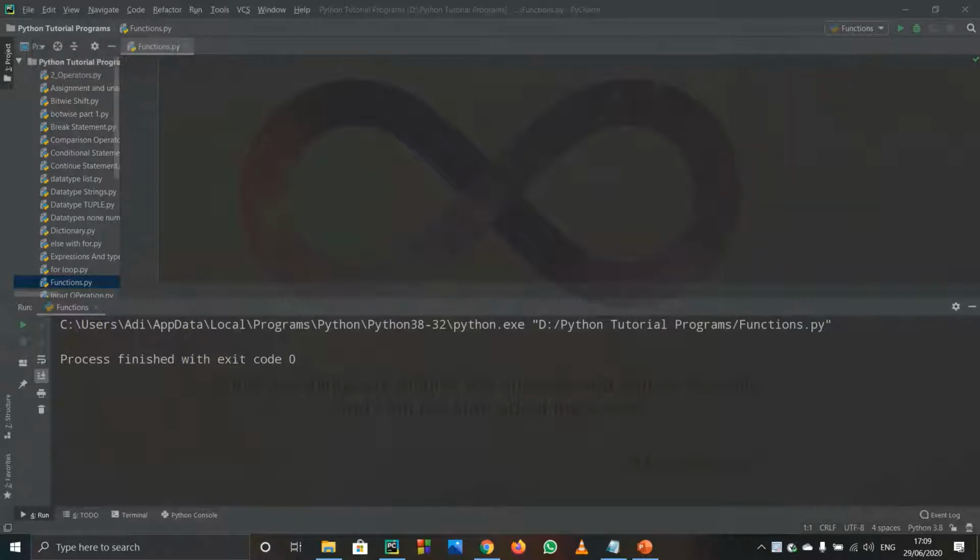Now we are going to see what are functions. Remember, functions are really important, in any programming language, not only in Python. So first of all, let us understand what is the need of functions. First of all, we should know why we need functions.